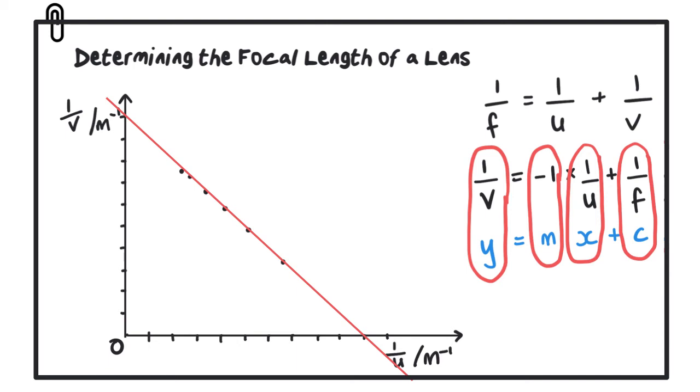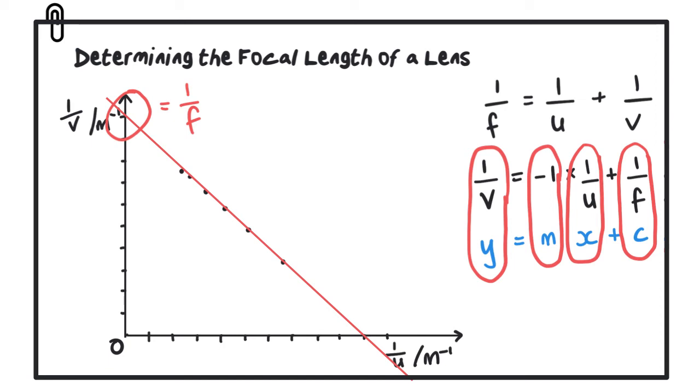As we can see from our equation, where we mapped out the lens equation to y equals mx plus c, we can now find the focal length of this lens by working out what the y-intercept is. If we look at the y-intercept here, this value is equal to 1 over f. So what we need to do is take the reciprocal of this value, and that will give us the focal